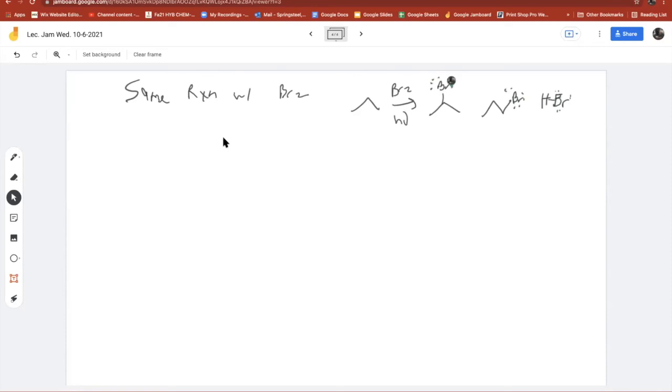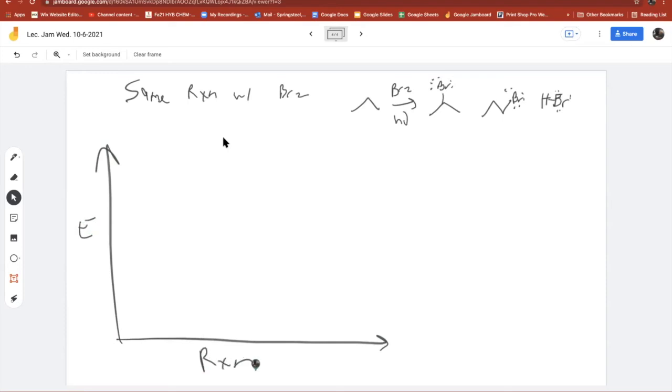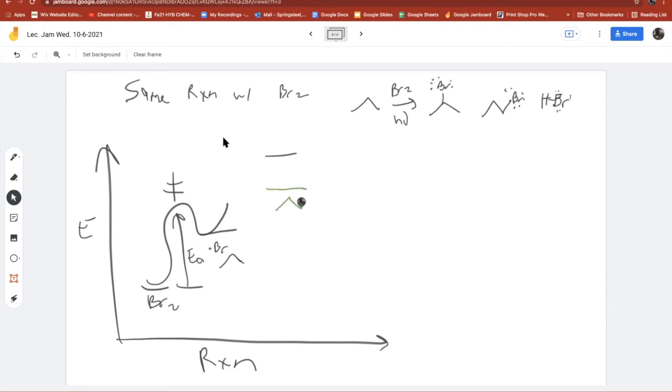All right. So that when I get to that, I'm just going to key in on the step. Actually, I'll start at the beginning. It's easy. Br2, endo, Br radicals, alkane. And now this one, it's endothermic. It's not exothermic like the bromine was. It's endothermic. So what's lower in energy, my primary radical or my secondary radical?